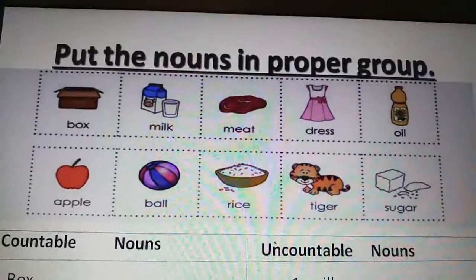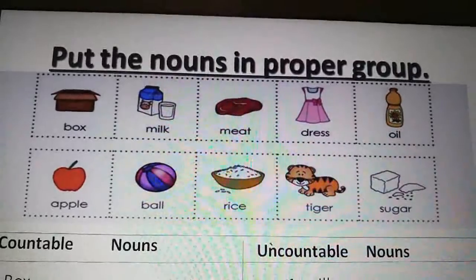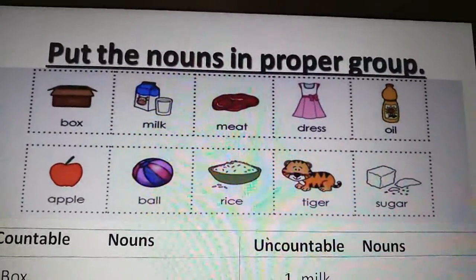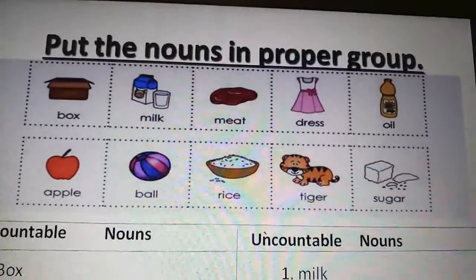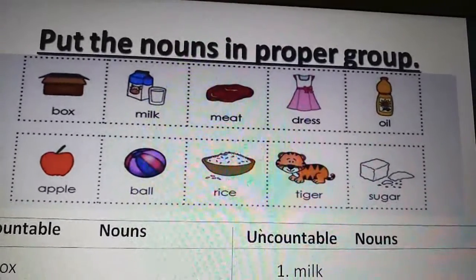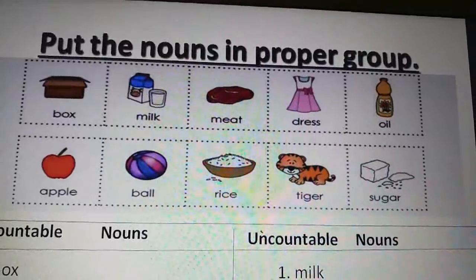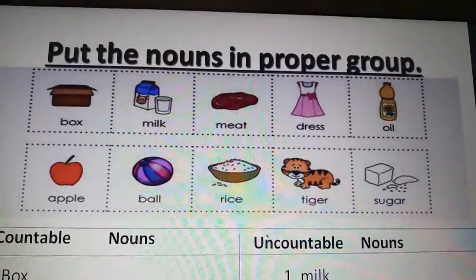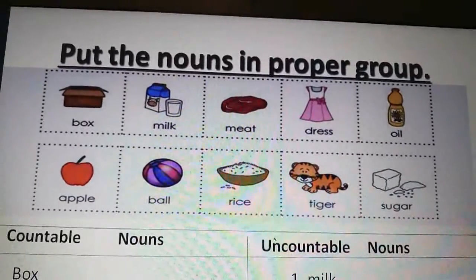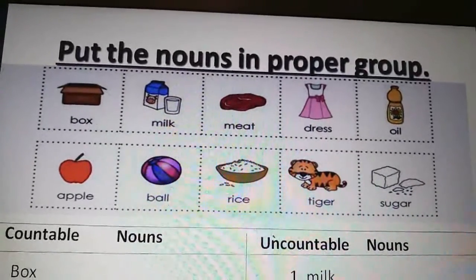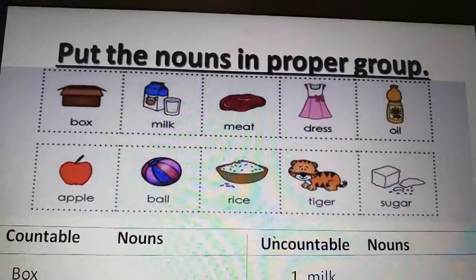Okay, children? Now, look at one exercise. Put the nouns in the proper group. Which are the nouns given? Box, milk, meat, dress, oil, apple, ball, rice, tiger, sugar.